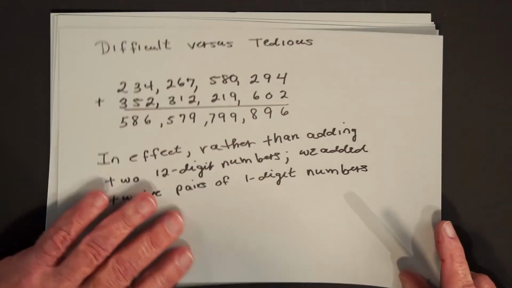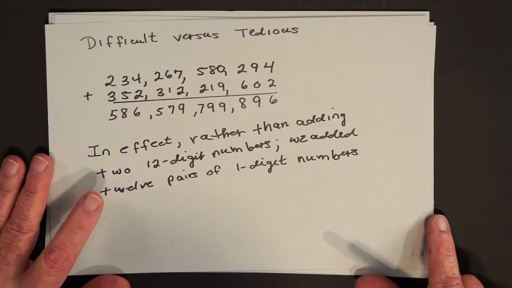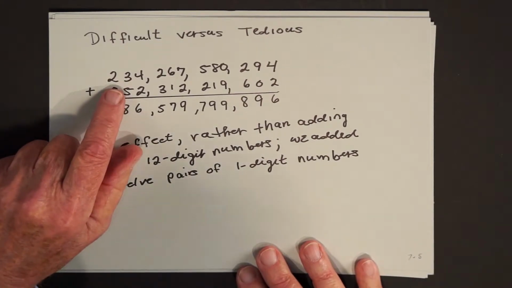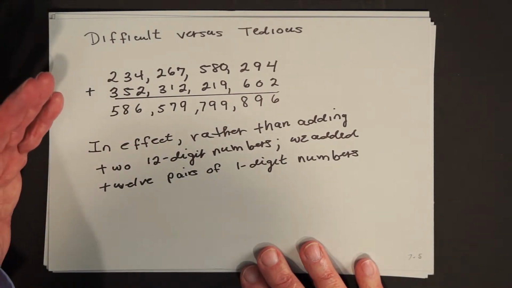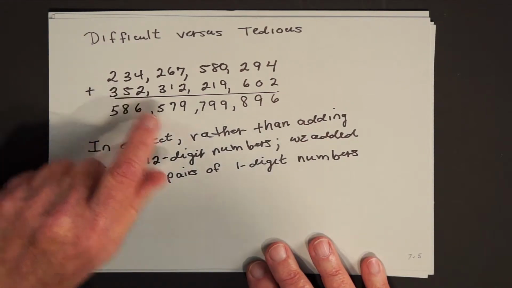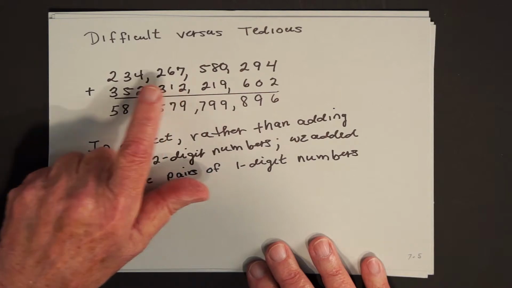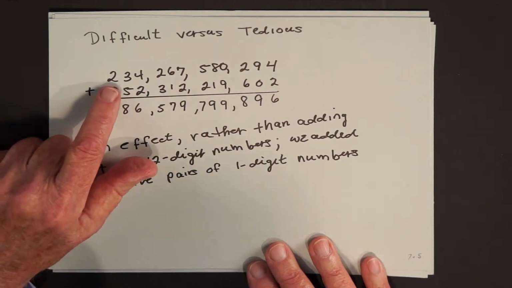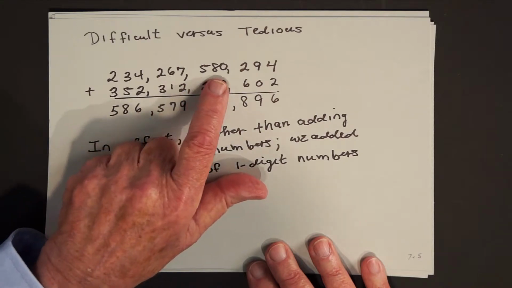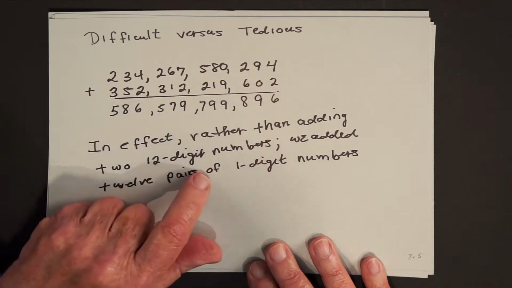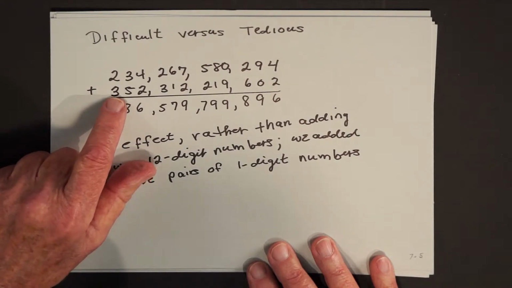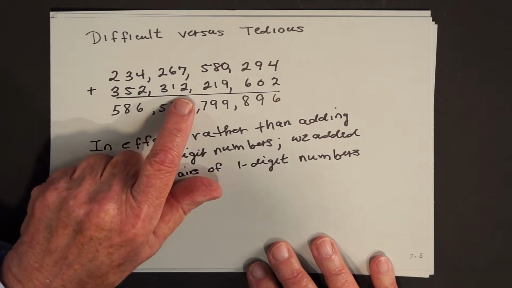Once we do that, here is where the beauty of place value really comes in. Let's suppose we wanted to add, and why we would want to do this, I don't know, but that doesn't really matter for the sake of argument here. This is what? Units, thousands, millions, billions. You have 234 billion, 267 million, 580,294, and you want to add to that 352 billion, 312 million,